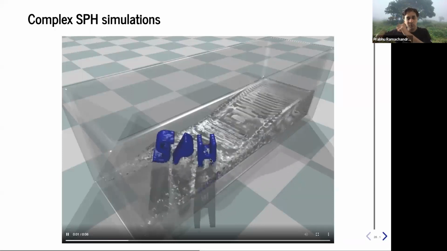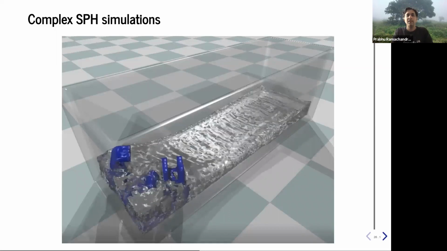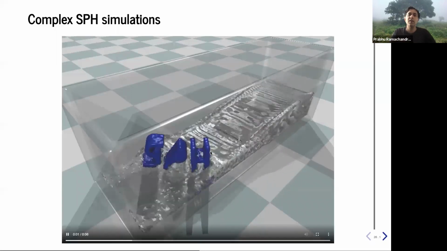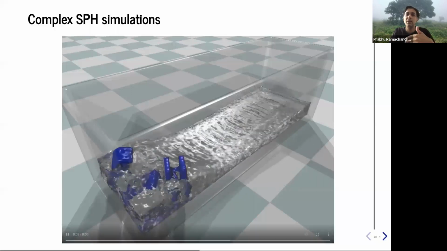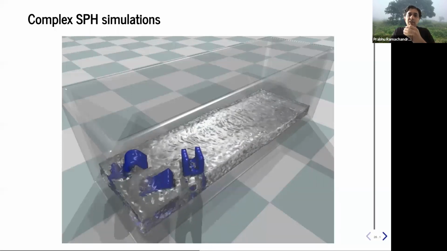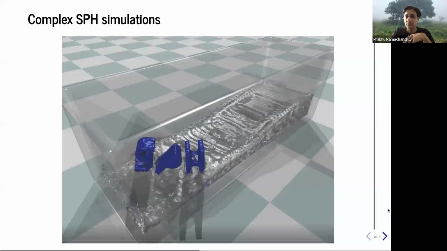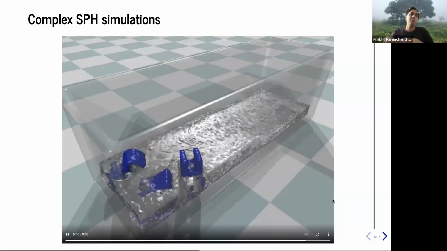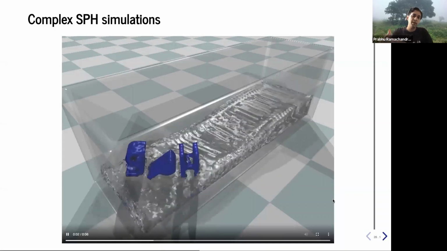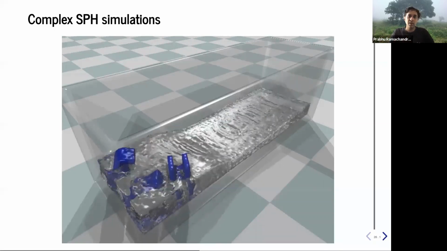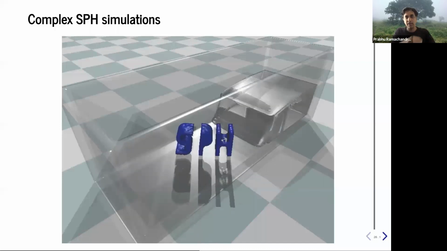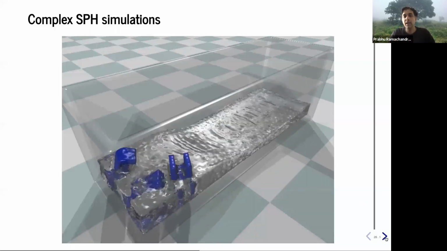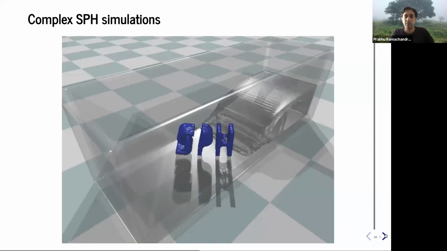So the water essentially flows, it hits that, and then the water sort of flows. And you can see the waves on the water and all of this stuff. So this is the kind of simulation that these tools facilitate. I hope you understand this is fairly complex. It has a free surface. It's doing fluid mechanics equations. It's doing fluid and rigid body interactions, and the rigid bodies are colliding among themselves. All of this is being captured, and all of this is captured using particles. And the high level is all written in pure Python.